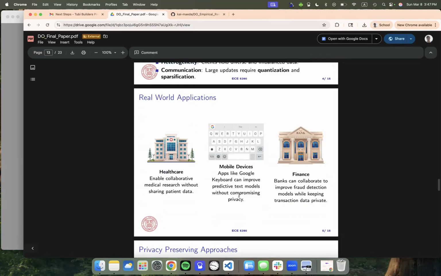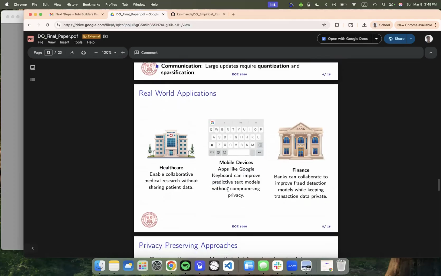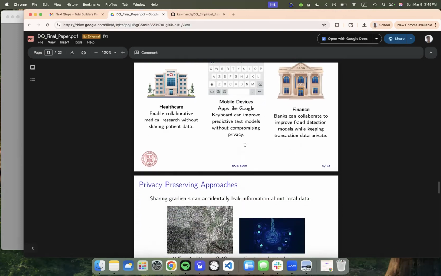And some real world applications to better understand when this would be used. A big example is Google Keyboard. We want our predictive texting to still be able to use globally people's mistakes to learn from, but at the same time, we want to keep autonomy where on our local device, we are still using our own texting pattern to better predict text, and also keeping our data locally because we don't want our text history to be leaked anywhere.